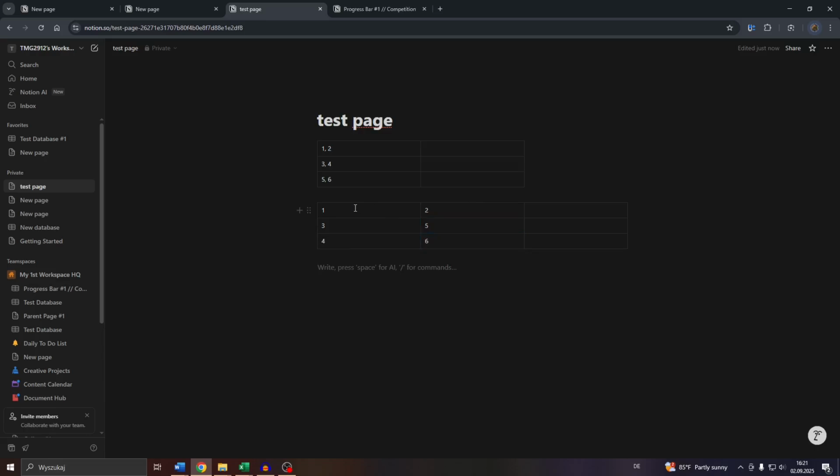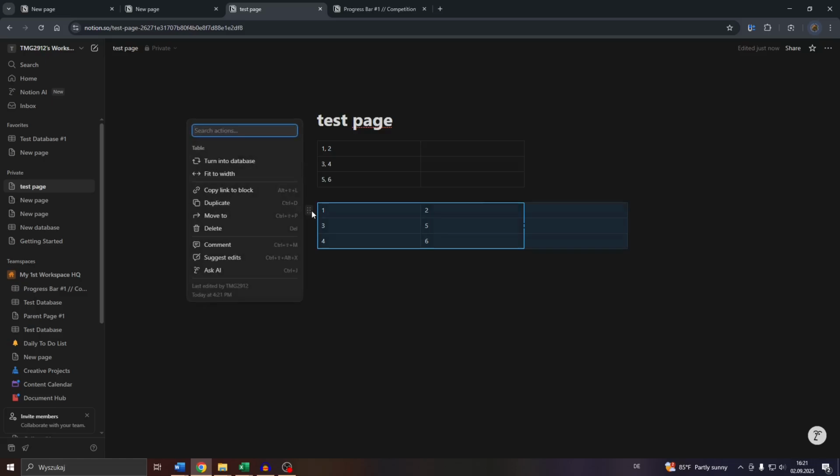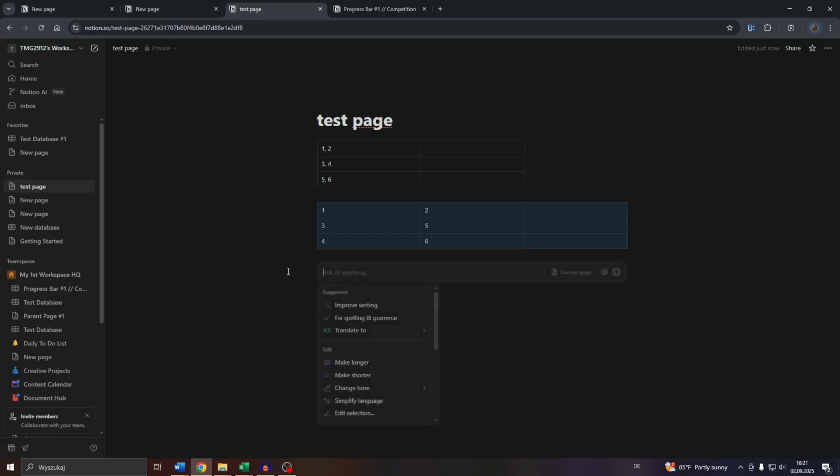So to merge these cells, guys, simply highlight these with your left mouse, click into these 6 dots in the top left corner, and after that click into Ask AI or use the shortcut Ctrl+J here or Command+J if you're using a Mac, and after that here into that field give the artificial intelligence the command or the prompt to merge your columns. So simply click or type in merge and then columns, press enter, wait for the result,